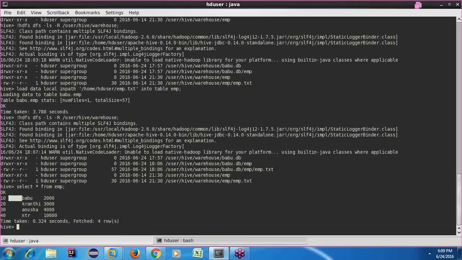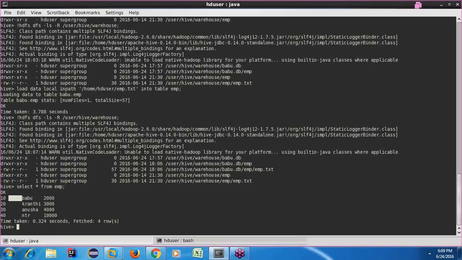Following? Once again, in your text file or data file, emp.txt in this context, you said comma is the delimiter for all your columns. That is what Hive understands while reading the data from the table.